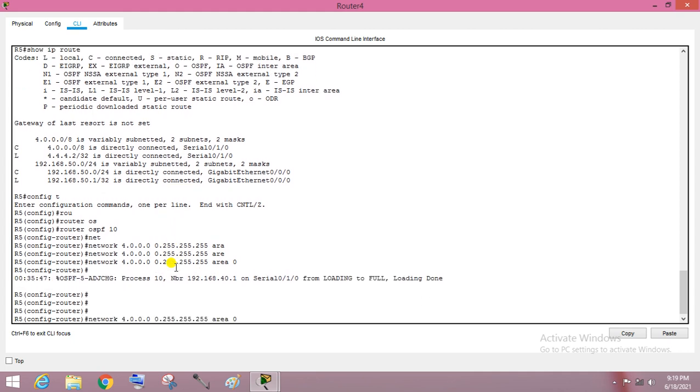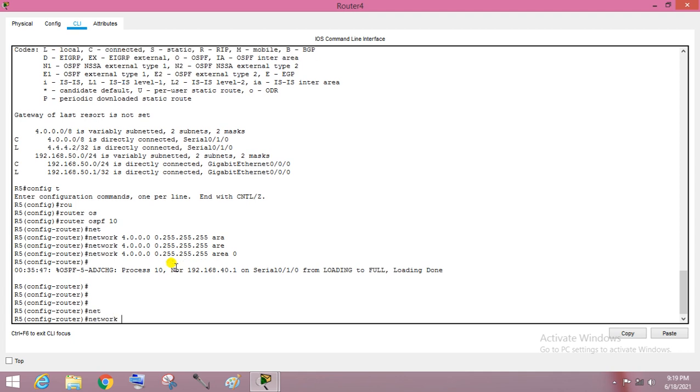Okay. Then another class C network: 192.168.50.0. The subnet mask is 255.255.255.0, subtract it from the global mask and we get 0.0.0.255, area 0.